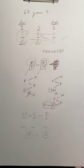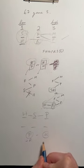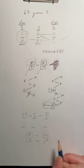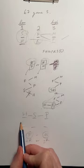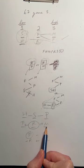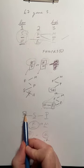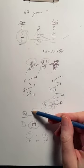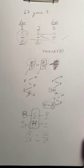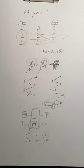And the reason for that is the remaining player is R. So one of these is going to have R in addition. So we can't, for example, have F R M because R is supposed to be with one of these two. So we wouldn't be able to make that work. What we could do is have F and R down here and put H here, but then we're still going to have science and hobbies together. So hopefully that explains why this isn't going to fit with this question-specific condition,